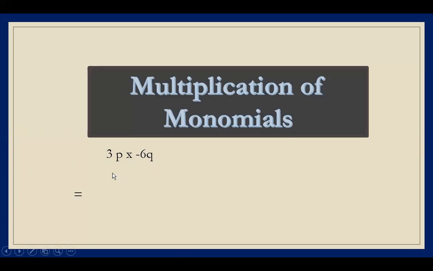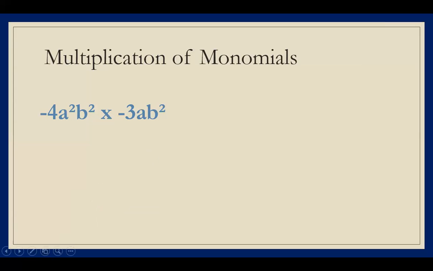First, we have to put equal to. So first, we have to multiply the signs. Plus minus will become minus. Then 6 threes are 18. And what about PQ? The bases are different, the variables are different, so we cannot add their powers. So we get minus 18 PQ. Now here in this question,